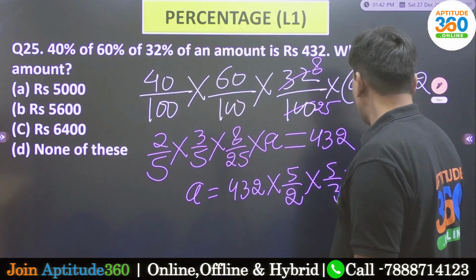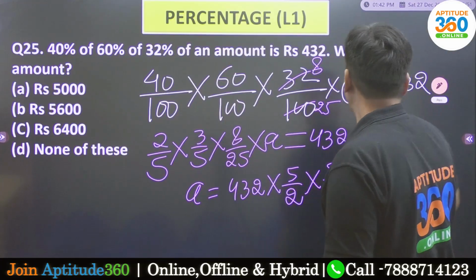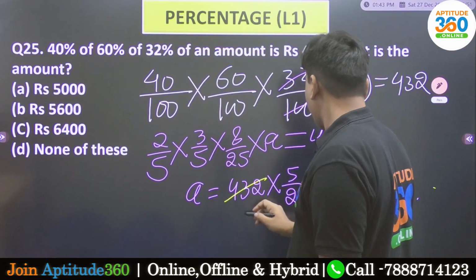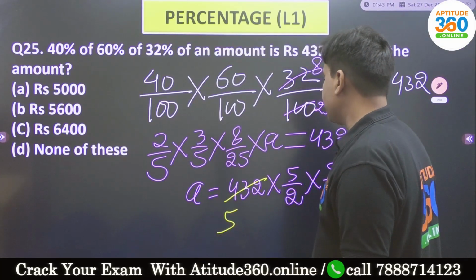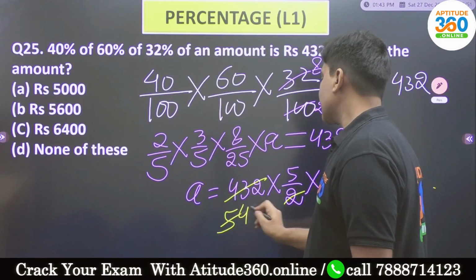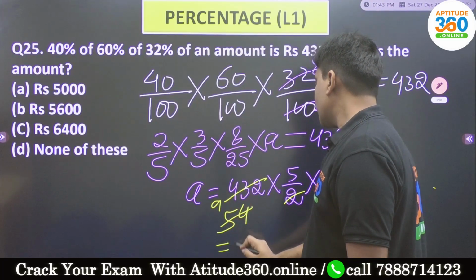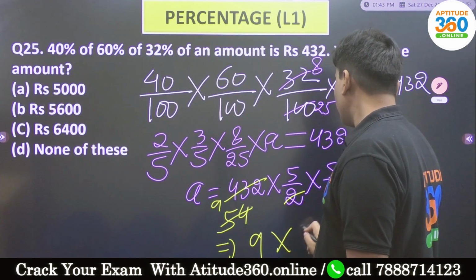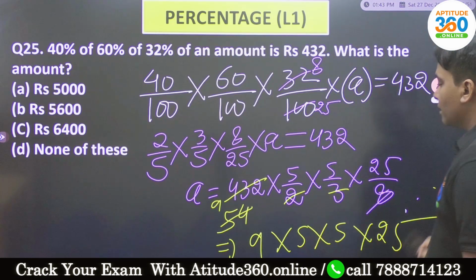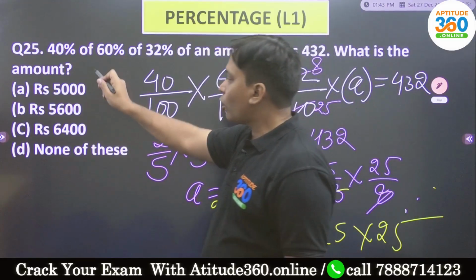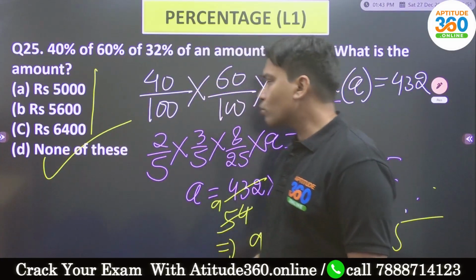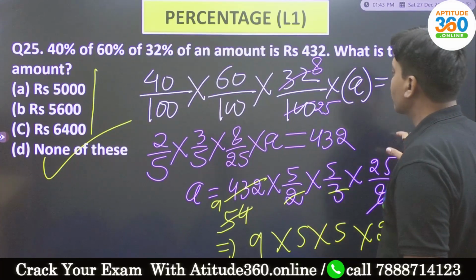Right? So 8, how do you simplify this? It is 8 5s are 40 and then 54, 3 to 6, 6 into 9. So the value is 9 into 5 into 5 into 25, 625 into 9. None of the options will be the right answer because all of them are having zeros. काम खत्म हो गया, इसको मल्टीप्लाई भी क्यों करना हमारे?